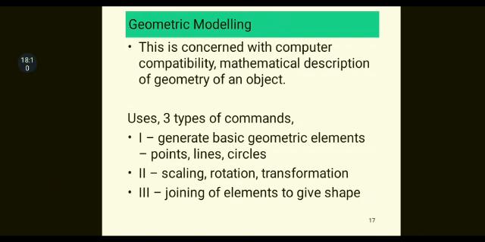See, first one, geometric elements we have said. Some elements we have given. I want to make a rectangle. So what happens? I require 4 points and 4 lines which will connect these points. Point 1, 2, 3, 4. Line is between point 1 and 2, second is between 2 and 3, 3 and 4 is third, and 4 and 1 is the fourth line. Like this, we need to understand how to join these elements.